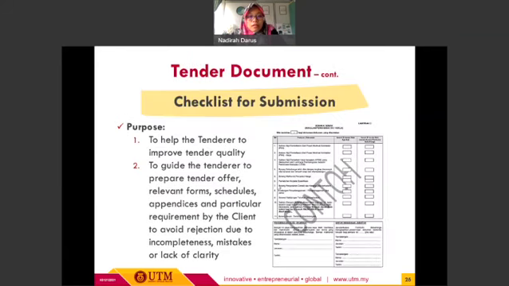All right. So the next item, we are going to look at the checklist for the tender document submission. The main purpose for this checklist is to help the tenderer to improve the tender quality prior to the submission, so that they can check which of the documents they have completed, and for the incomplete documents they need to prepare, so that at the end they will come out with